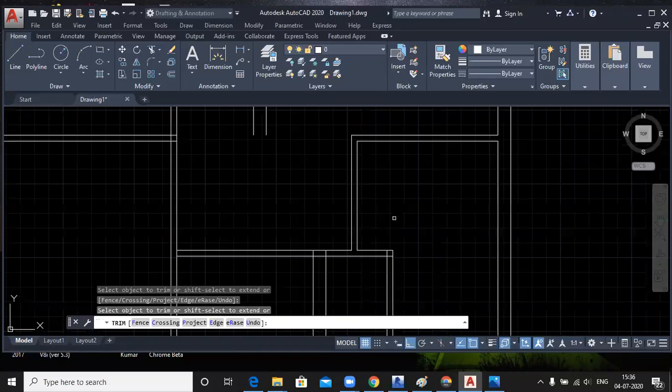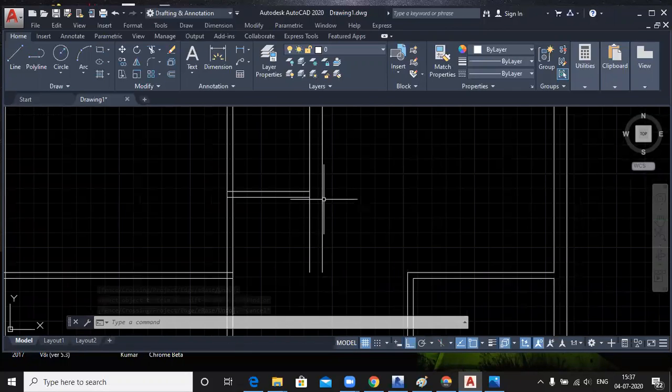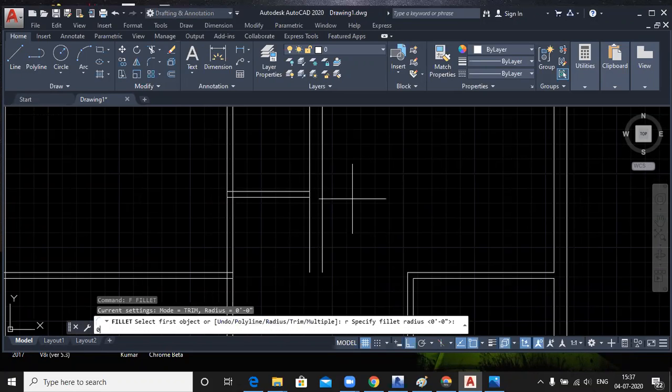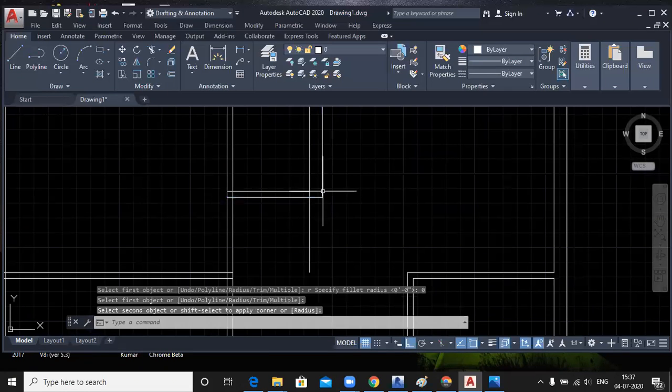For this line, you have to connect this line to this line. Activate your fillet command, type R and specify radius as 0. You have to select this line and this line.